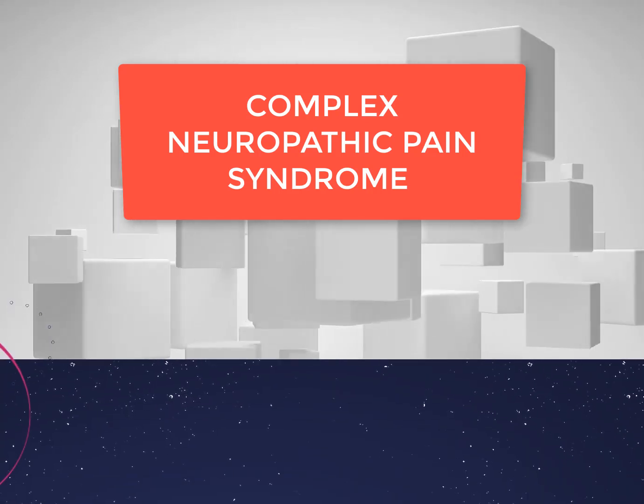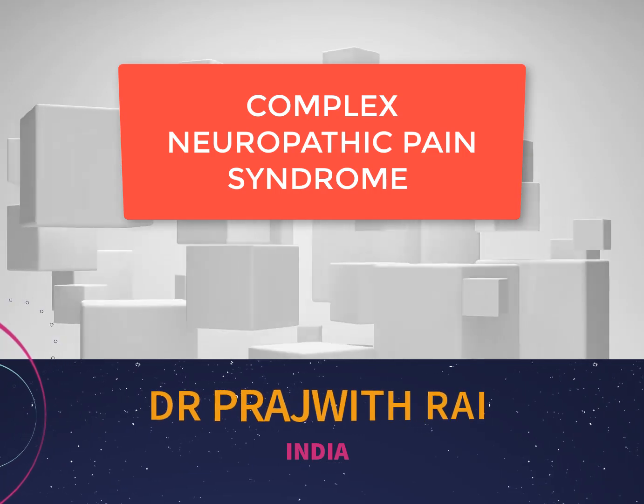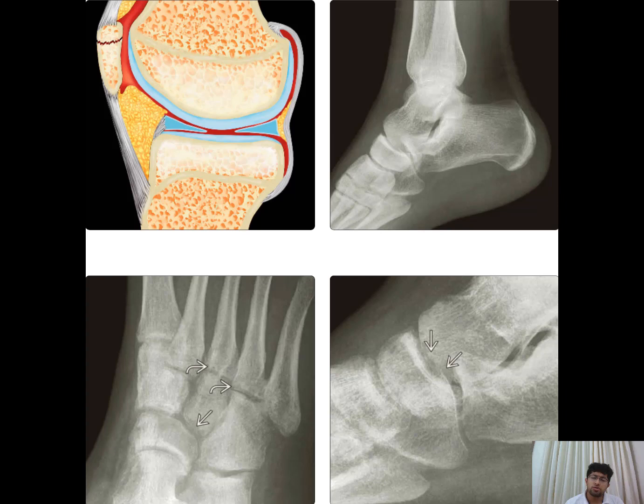So complex regional pain syndrome is a syndrome which is associated with a chronic pain in the extremities after a history of trauma. Now, what are the changes that we observe in this? So after a pathology of a trauma, there will be